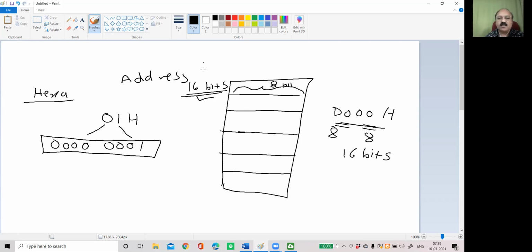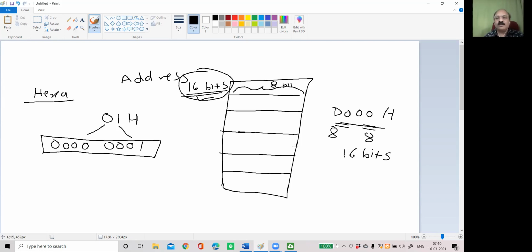So the location where the data is stored, that is the address. For example, suppose you want to go somewhere. Will you start from home and directly go to a particular location? No, because you must know first where to go. That is, you must know the address. Suppose you want to send a letter. Will you write a letter and only send it to the post office? No. So for that, what is required? Address is required.